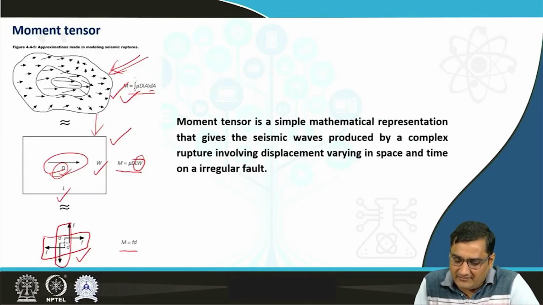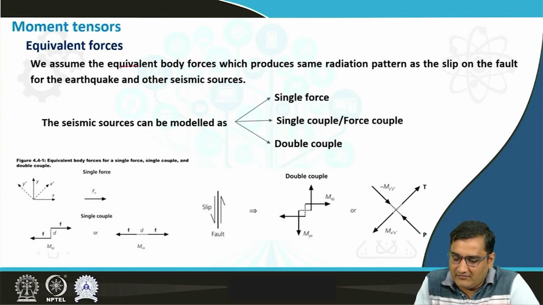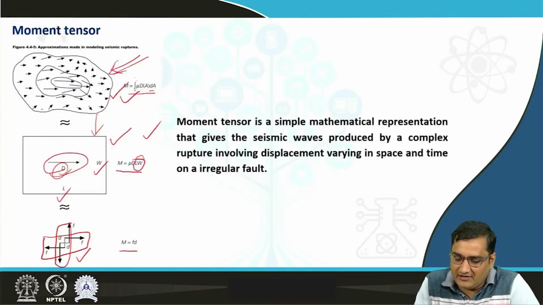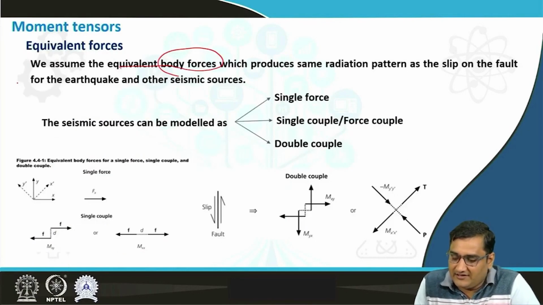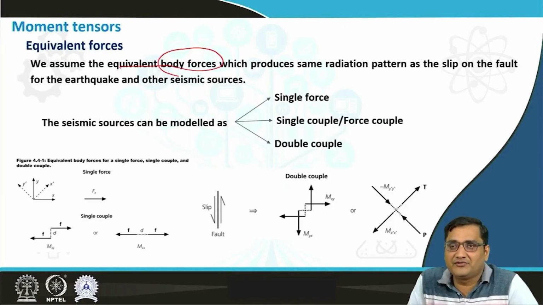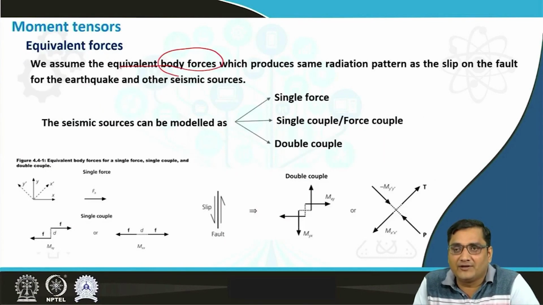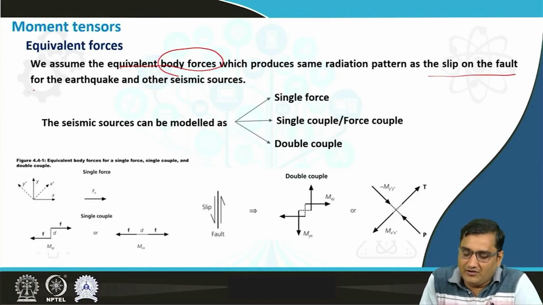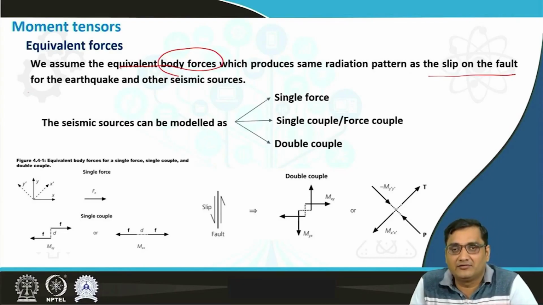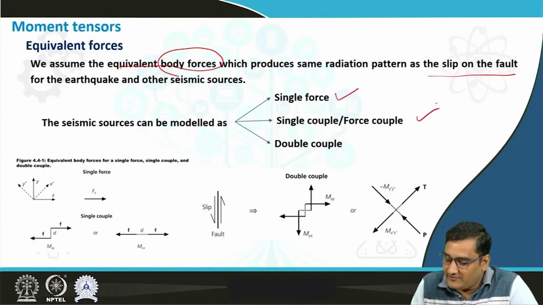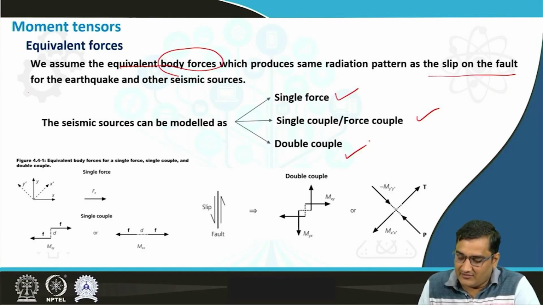So when we are making some approximation, we also have the equivalent body forces, which will produce the same radiation pattern as the forces acting upon the irregular shaped body, and this radiation pattern is similar to the slip on the fault for the earthquake and the other seismic sources. The seismic sources can be modeled as single force, single couple, and the force couple. We will see the details of these in the coming slides, but just to have a glimpse of it,